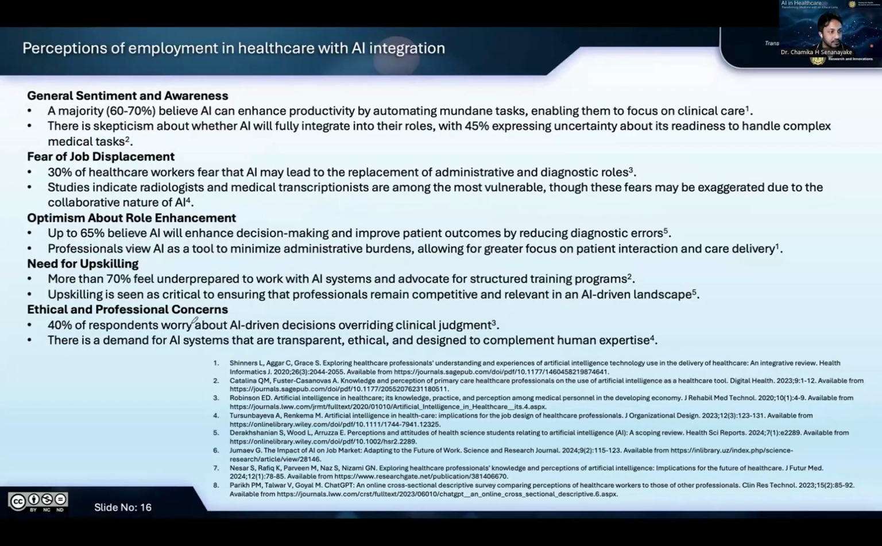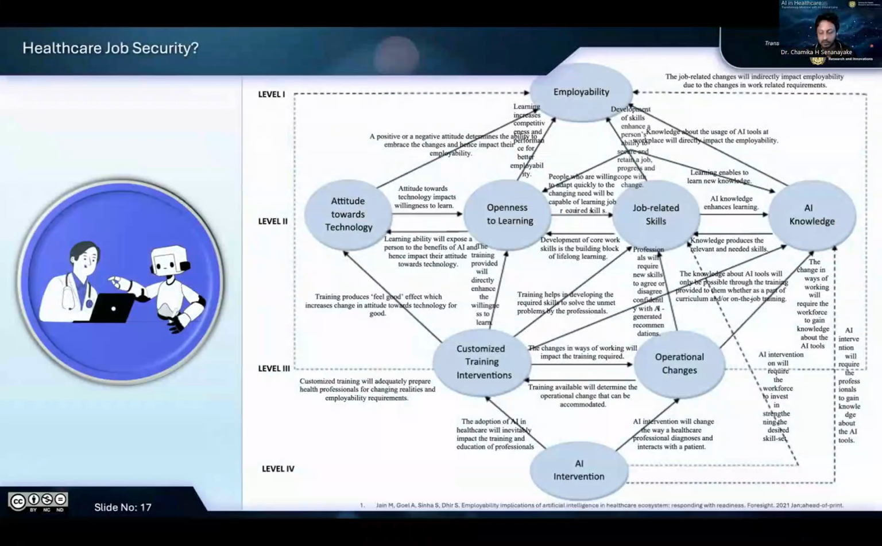More than 70% feel unprepared to work with AI, which is another challenge. Upskilling is seen as critical in ensuring that professionals remain competitive and relevant in an AI-driven landscape. When it comes to ethical and professional concerns, 40% of respondents worry about AI-driven decisions overriding clinical judgments. So the thing is, I think with AI maturation, there are always